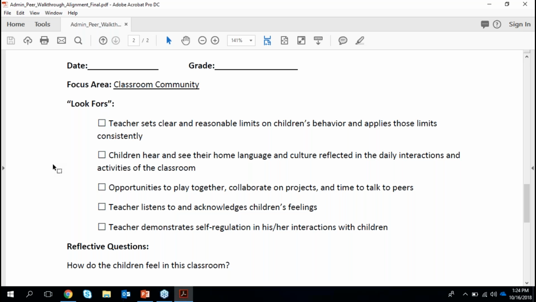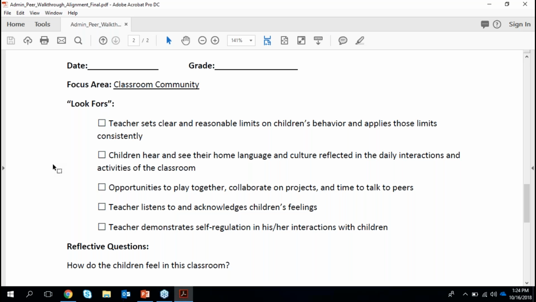There's opportunities to play together, collaborate on projects, and time to talk to peers. Teacher listens to and acknowledges children's feelings, and teacher demonstrates self-regulation in his or her interaction with children. We actually pulled these straight from the developmentally appropriate practice position statement. Under the guidelines for teaching and learning, there is an area that's focused on classroom community. And these are some specific items under that guideline. So that's another good place to pull look-fors, is looking at some of those resources to just ground your